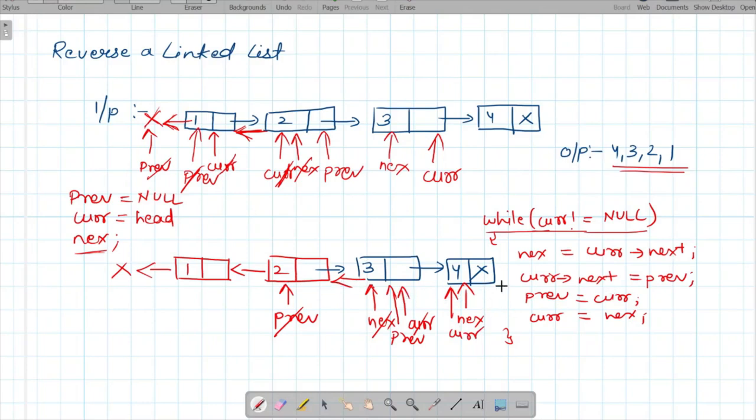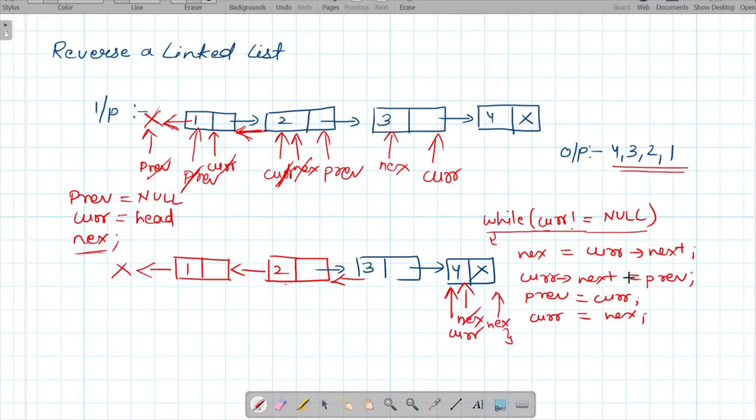So once this is done, we again have this pointer updated. Okay, now again we will check if our current is equals to null. No, it is not null because our current value is now 4. So that is why what we will do is we will simply perform these steps now. So before doing that, let me clear it so that it will be easier. So now next equals to current's next. So next will now point to the null value. Okay, so we can consider that next is now pointing to the null.